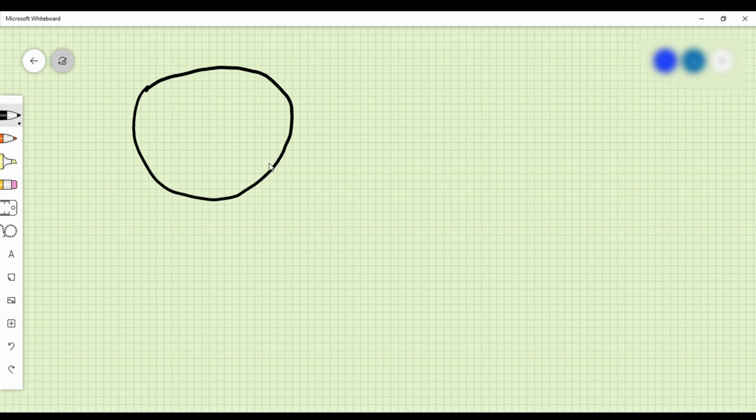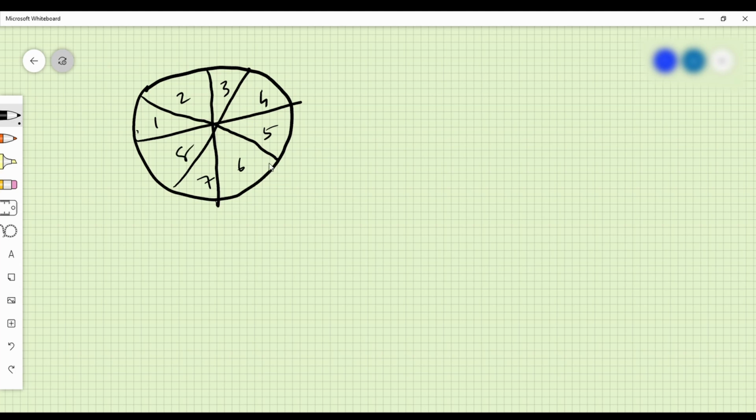And I will just make a few pieces out of it. So as you can see, it's 1, 2, 3, 4, 5, 6, 7 and 8. So there are 8 pieces here, and let's say there are 4 friends,